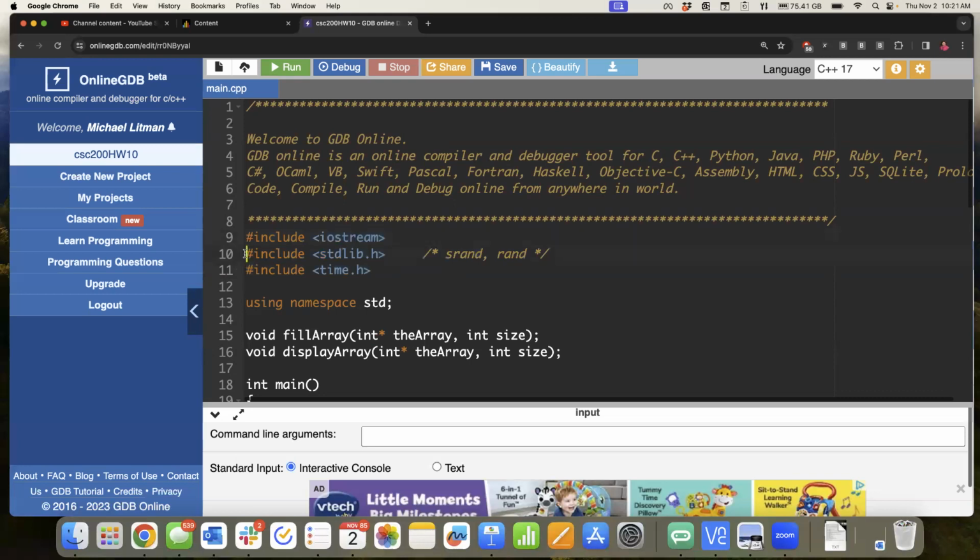So including some of these other libraries is kind of like getting one of those specialized toolkits. It has stuff in it for other things that maybe aren't commonly used, but you might need sometimes. In this case, we need to get access to the current time. So we're bringing in the time toolkit, a library of functions related to time. And then we're also bringing in the standard library, which has some extra, almost common tools, but not things that it's going to put into a core C++